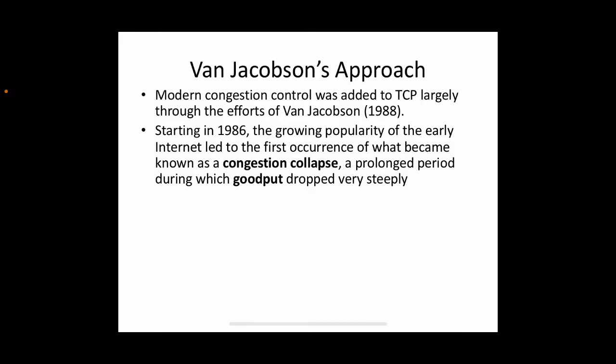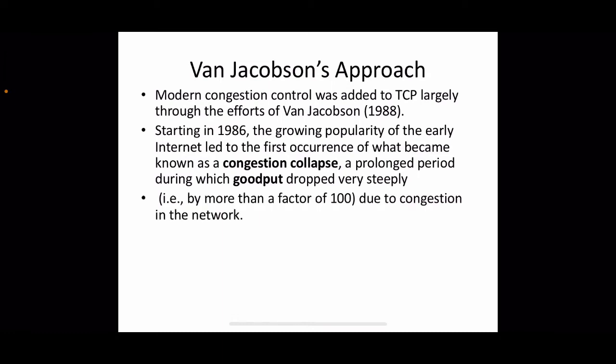So throughput, we can say, is the overall transmissions, the number of segments transmitted, whether original data or its retransmission, together we can call it throughput. And goodput is the actual data segments, the useful information, how much original data or useful information is transferred over a period of time. That is called goodput. So that dropped very steeply, more than a factor of 100, due to congestion in the